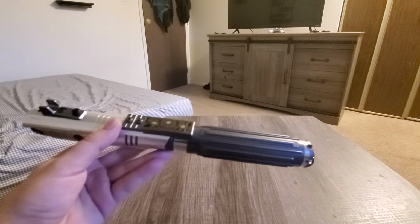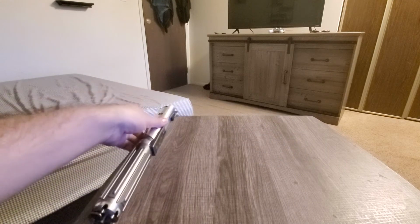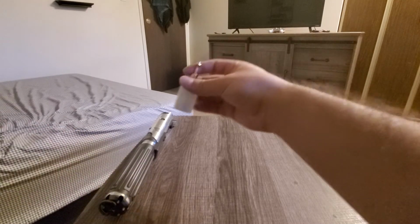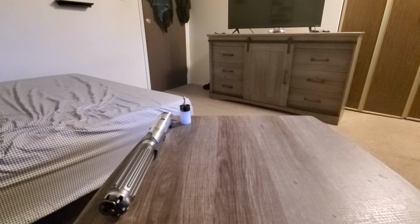That one's called the Wayfinder switch. And then that one's NeoPixel, so there's my NeoPixel blade plug that goes into it. The next one is going to be my